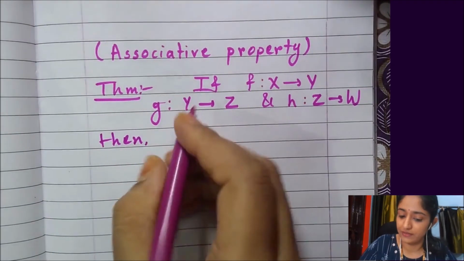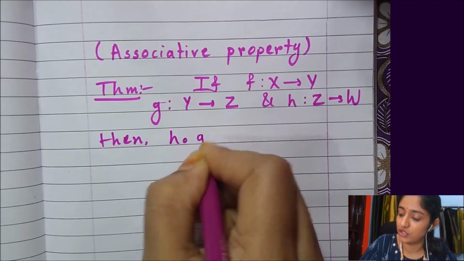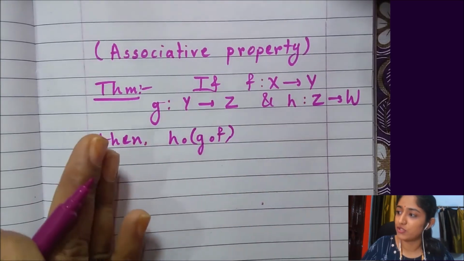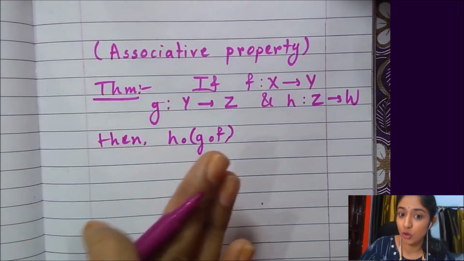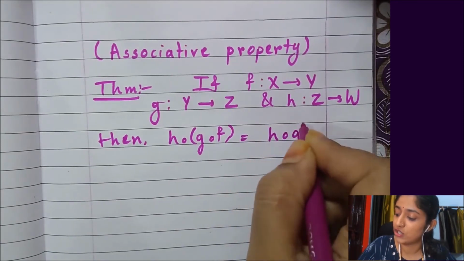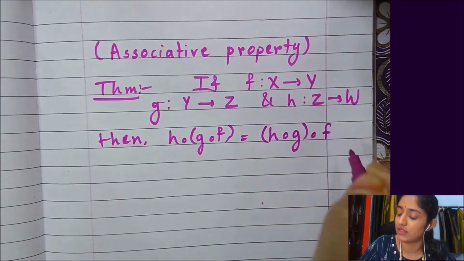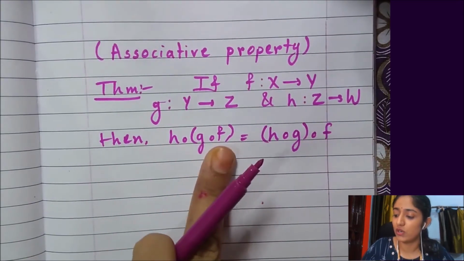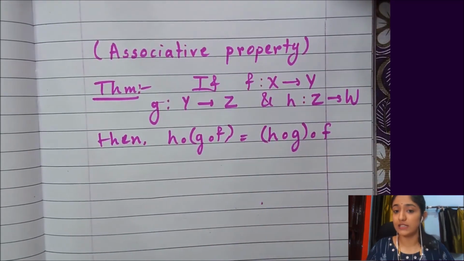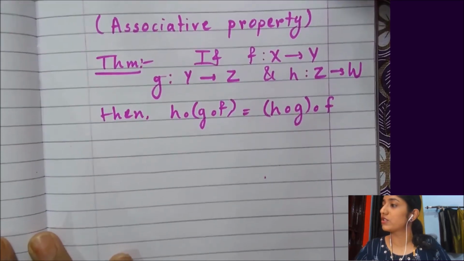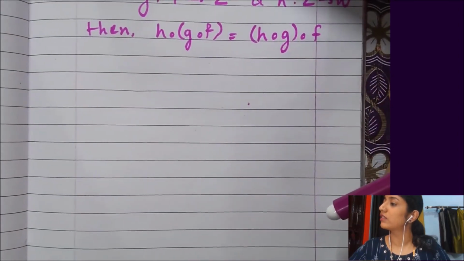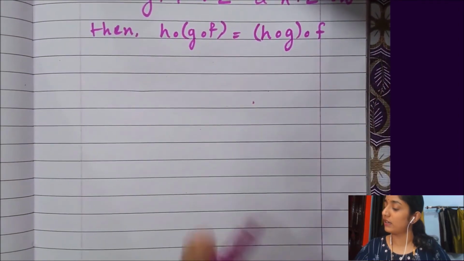Then what we will have is h circle g circle f. So this is one composite function, and then we are composing h from the left hand side to this composite function. This should be the same as if we compose h and g first and then compose f with this. These are two different quantities, but we have to prove that they are the same. To prove that, let's move the notebook ahead so that you can see this on the same page. I will keep it here so you can see the claim. This is what we have to prove.